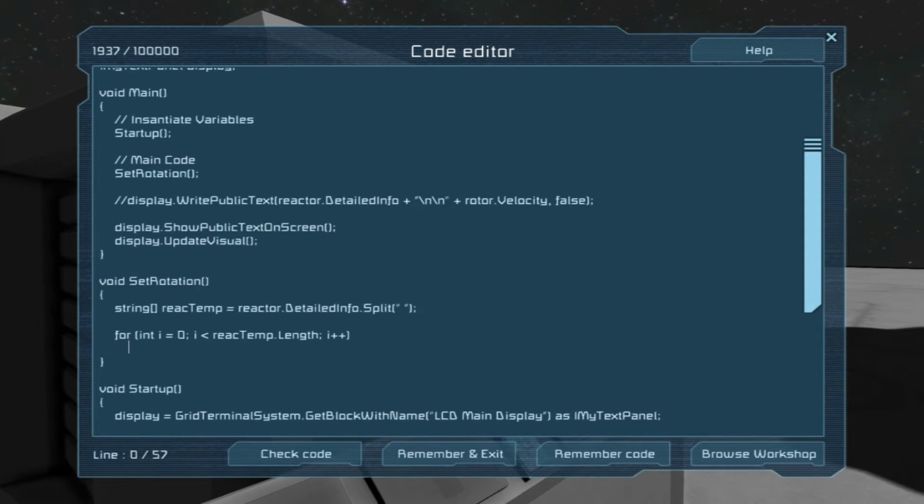And we'll do display.write public text, reactTemp at i dot toString, just in case it's seeing it as a different value. And then I want to make a colon so that we have a separation, and input i, what index number we're at within the array. And let's say true.